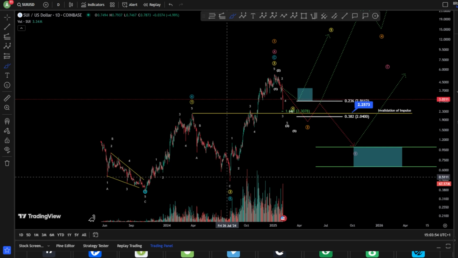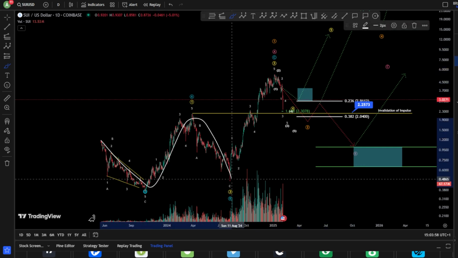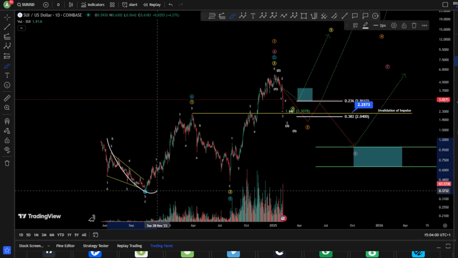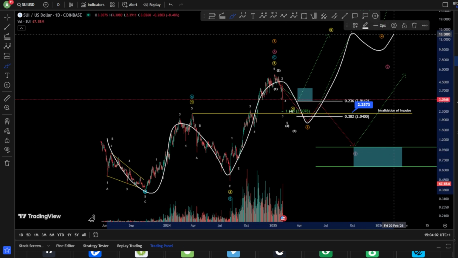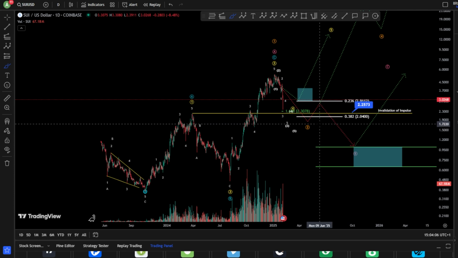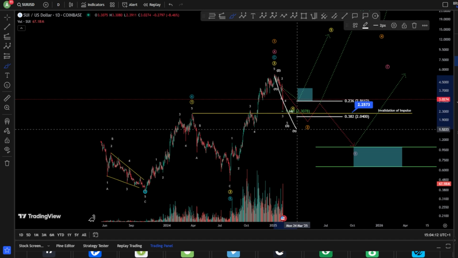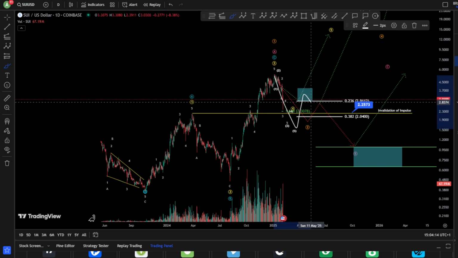Well, it still can be, as 1, 2, because here it can be A, B, and a C. It's a different scenario. Yeah? So A, B, and a C, and then 1, 2, 3, 4, 5. Okay, so we're going to keep the orange, in case, of course, this happens. But because we are impulsive, guys, don't forget that you need A, B, and a C.